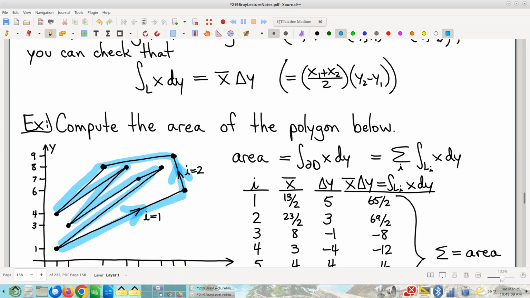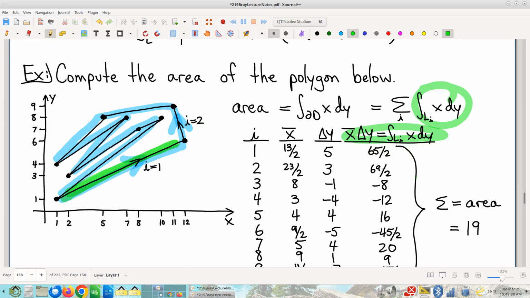How am I going to compute that boundary line integral? Well, I'm going to recognize that one piece at a time, we're talking about line integrals on line segments. And line integrals on line segments are super, super easy to compute. Each one of those line segments has a starting point and an ending point. I can see right from the picture what those coordinates are. So, for example, on this first line segment, what's the average value of x? Well, we're starting at 1, we're ending at 12, and the average of those is 6.5. Right? Nothing to it.